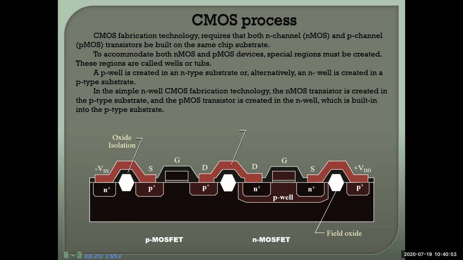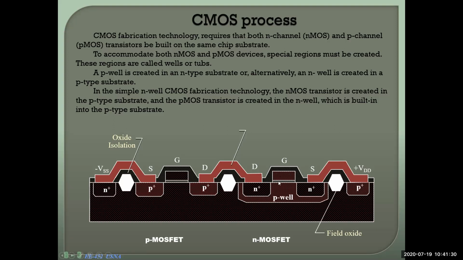CMOS process. Now, normally this is a CMOS NOT gate. Here you have an N-type material, then you have created a P well. Normally, MOSFETs are made with P-type material and N well. Here this is opposite, and it can be done as well, no problem. Here you have an N-type material. Then you have a P well. In the P well, you have N plus and N plus. So this is your N MOSFET.